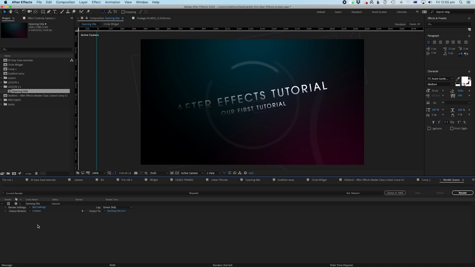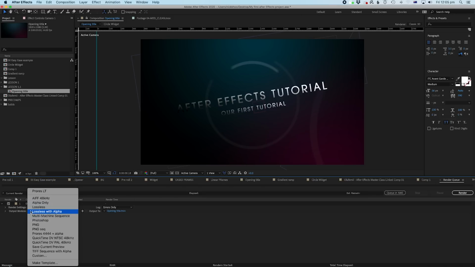Now, it depends on what system you're on. I'm going to use ProRes in this particular instance, but you can use whatever codec you feel comfortable with. I'm not 100% sure what they use on PC at the moment, but whatever codec you prefer, you can use that. You can use MP4, you can use AVI, whatever codec is supported on your computer. Now, what you do here is make sure this is set at best setting,